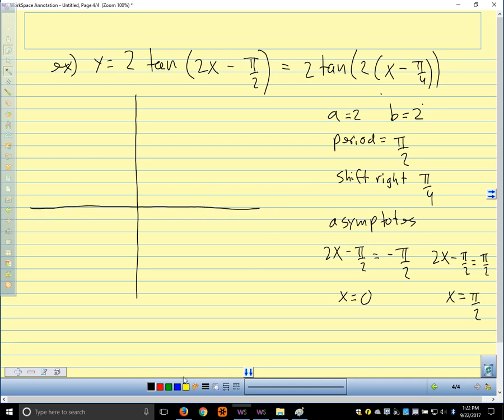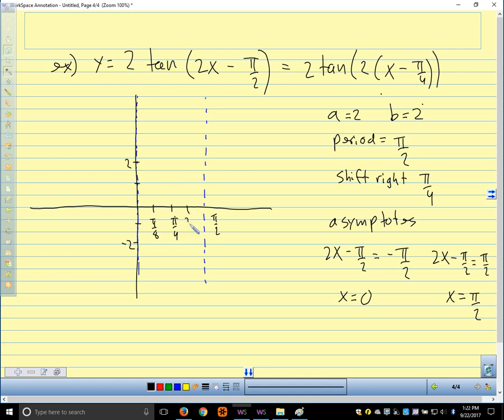So now we're ready to sketch our graph. Here's my vertical asymptote at x equals 0. Here's one at x equals pi over 2. We get an intercept halfway between 0 and pi over 2. So at pi over 4. And we take care of our stretch. So we're going to go up 2 units and down 2 units. Halfway between the intercept and the asymptote. So pi over 8